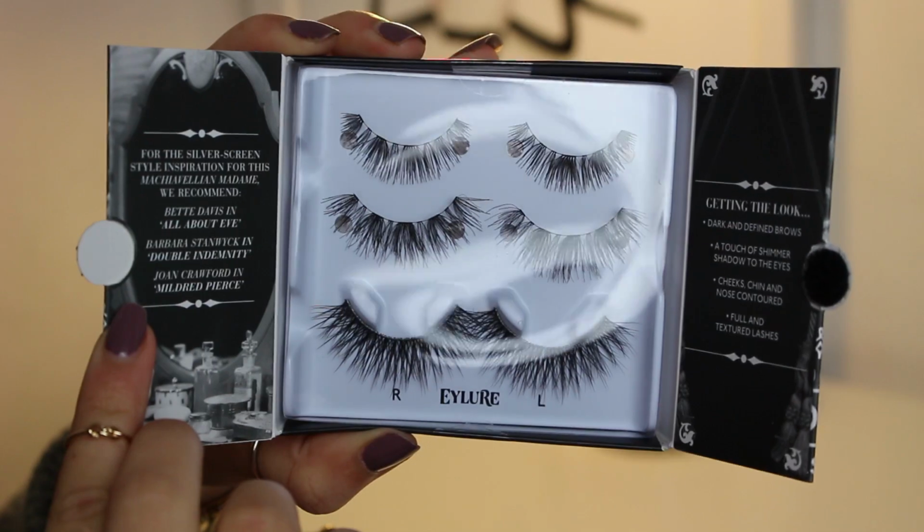My favourite have to be the Hollywood ones. And these are the Dangerous Beauty Lash Edit, and let's just take a second to admire these. These are beautiful. You have 3 sets. You have a more natural one working your way down to more dramatic ones, but they are all